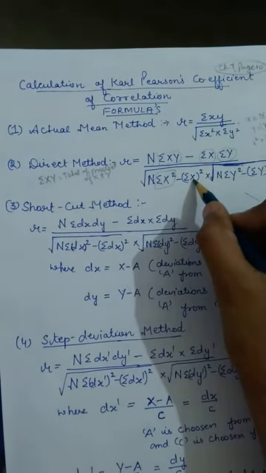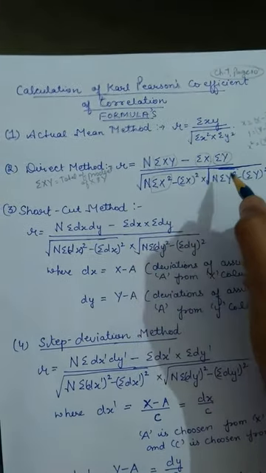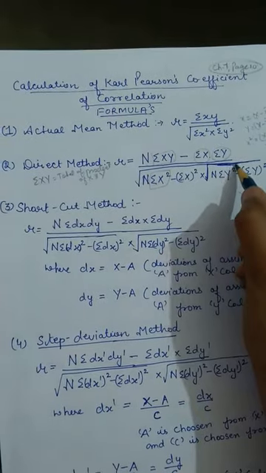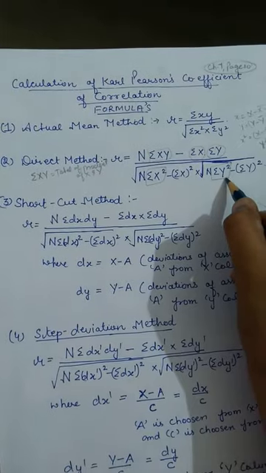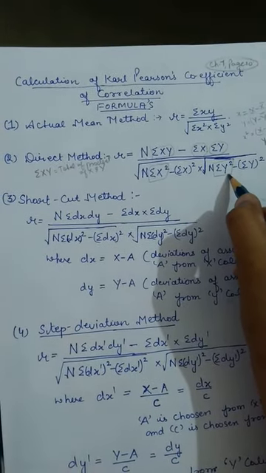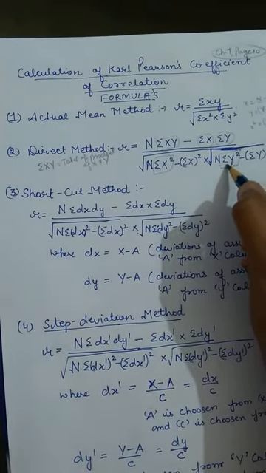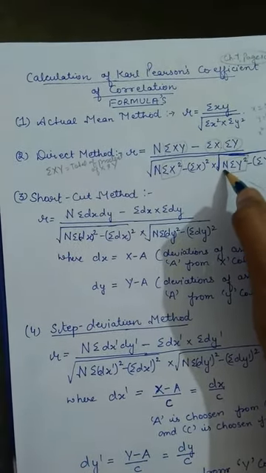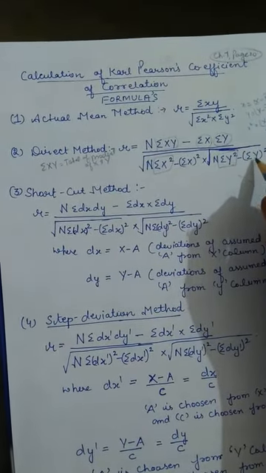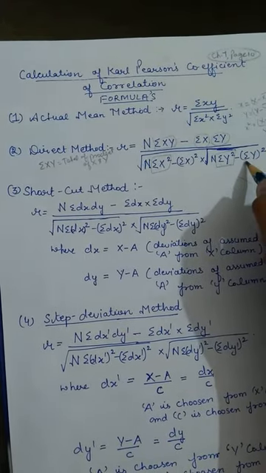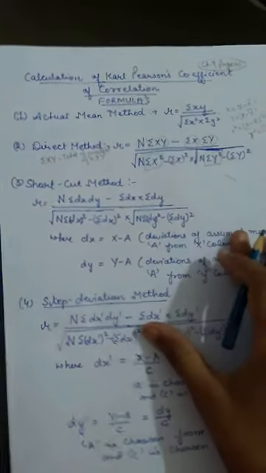Then this is your sigma x, already you know, total of x column. Then in the same way it is your total of y square values. First of all you are having y, then you will square all the values and then you will get sigma y square, that is the total of y square values, that will be multiplied by n. And then this is your sigma y. First of all you will write the total of y column and then you have to square that total at last.